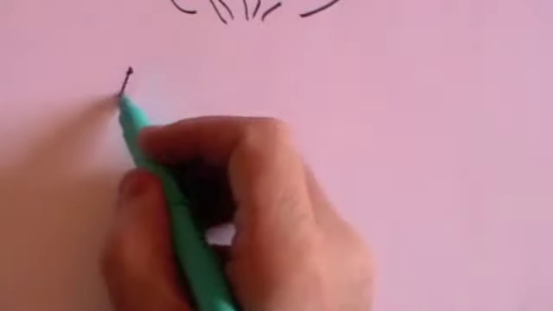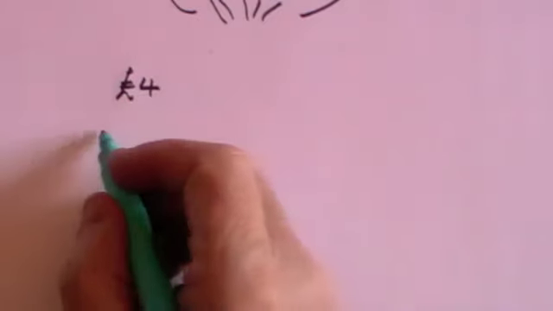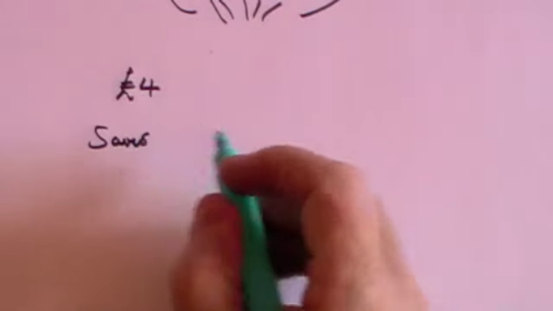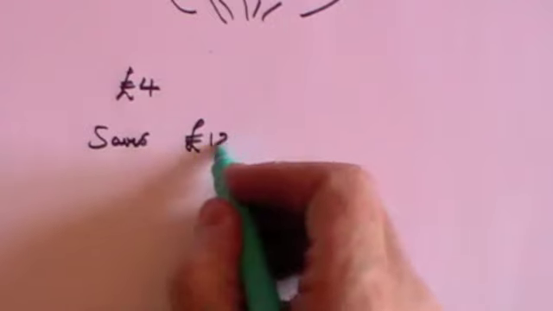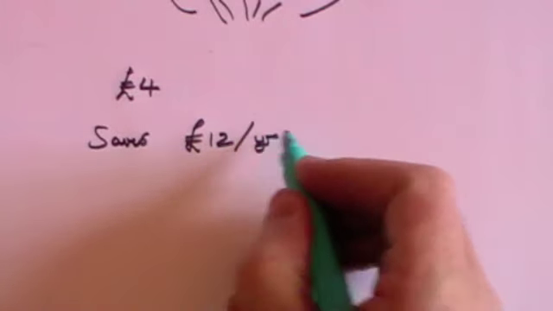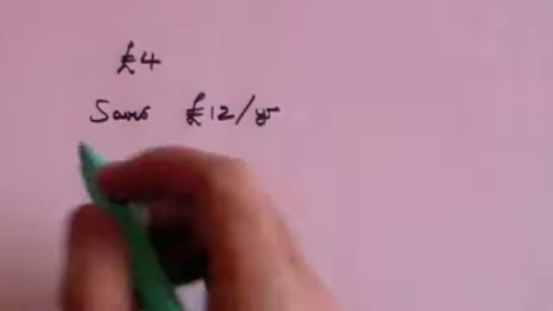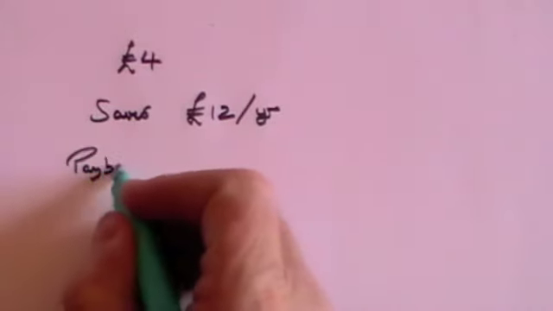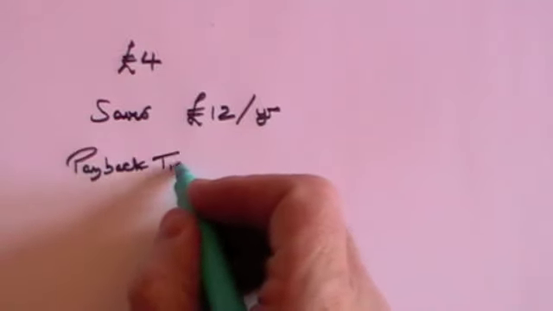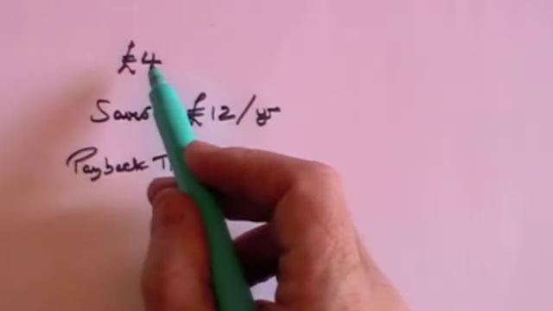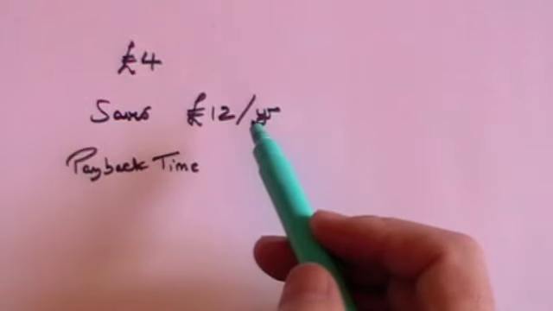Let's suppose it costs £4 more. So the low energy light bulb costs you £4 more than the ordinary light bulb. But let's suppose that it saves you, because it uses less energy, £12 per year in energy costs. Then we can have a concept called the payback time. Because effectively what you've done is you've spent £4 more than you would, but a year later you'll have saved